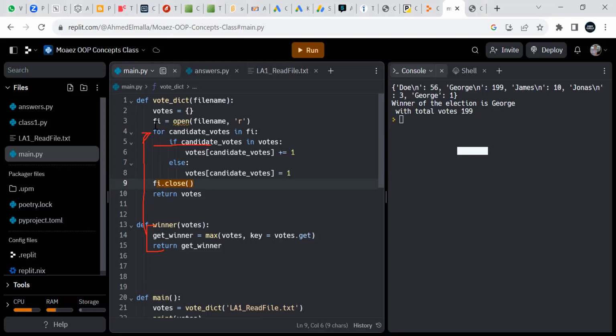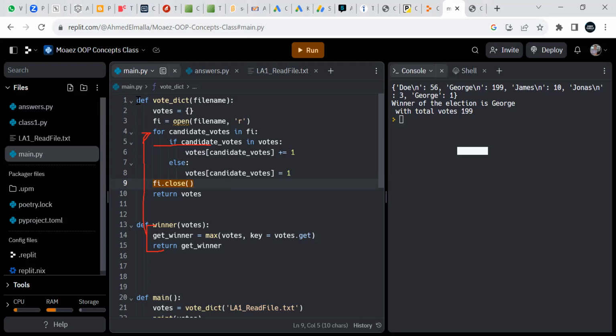When you open a file, you have to close it. I'm not sure they will deduct marks or not, but that's the correct way. You open a file, you have to close it. That actually affects the performance of the resources of the PC or the laptop or the device that you are running on. If you keep opening the file many times and you don't close it, that's a problem.